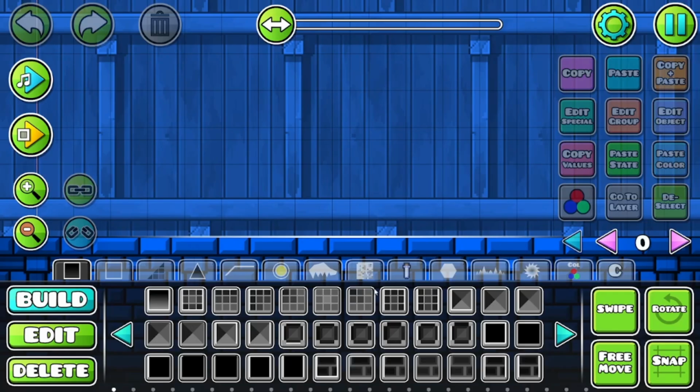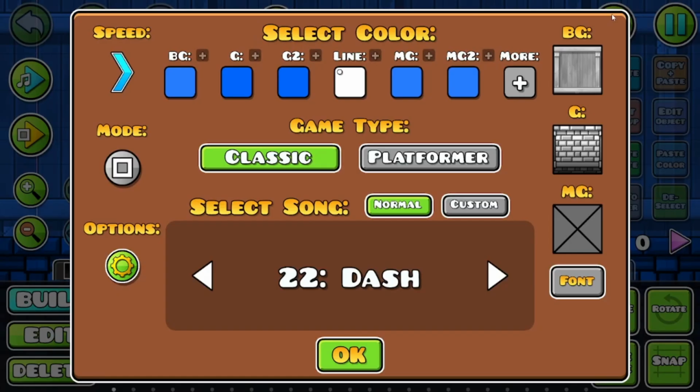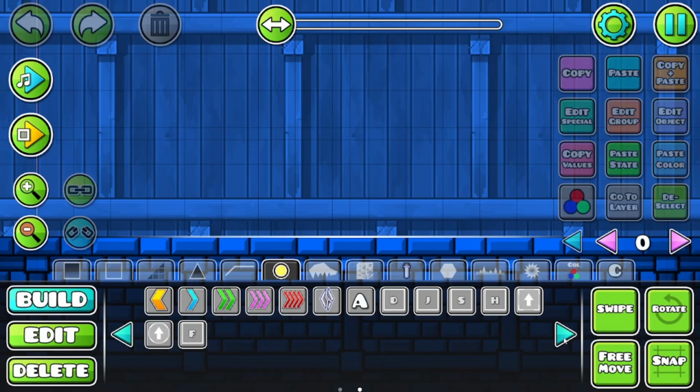So, one quick thing. If you do have a middle background, you should probably not have it on, because I just learned that if you have it on, it could break your entire level and you won't be able to edit it again. And there's no patches, there's no ways to work around it. Just don't have a middle background right now. But as we continue,